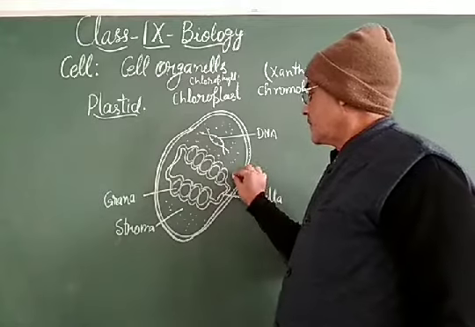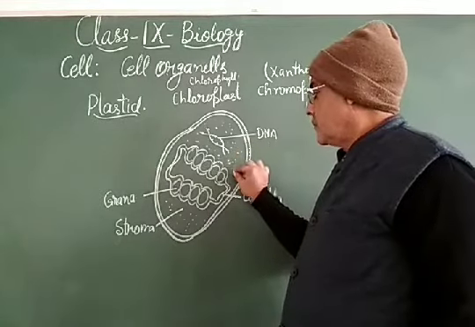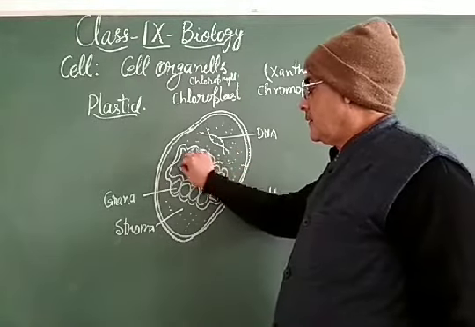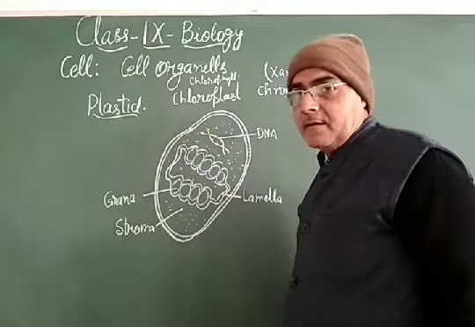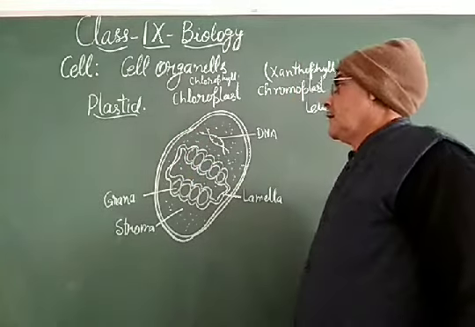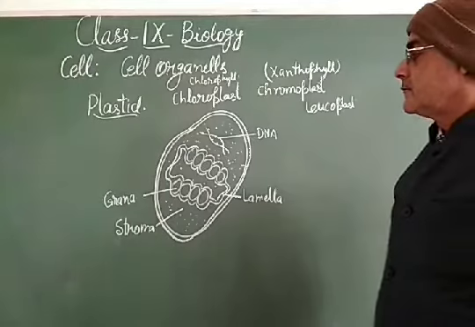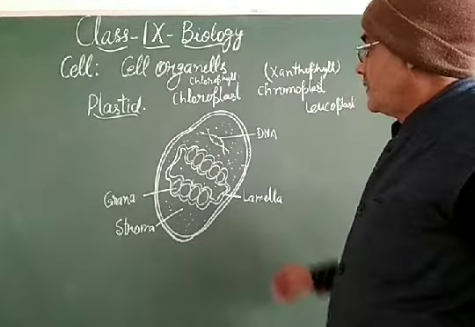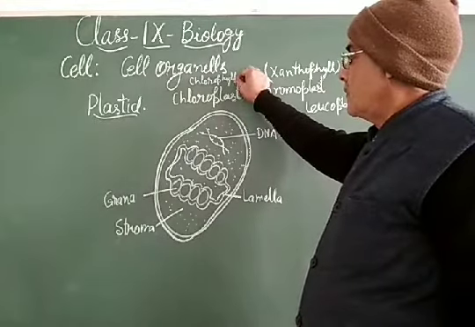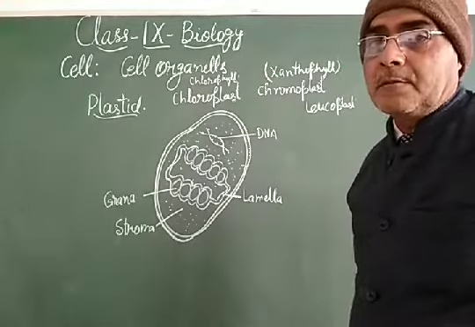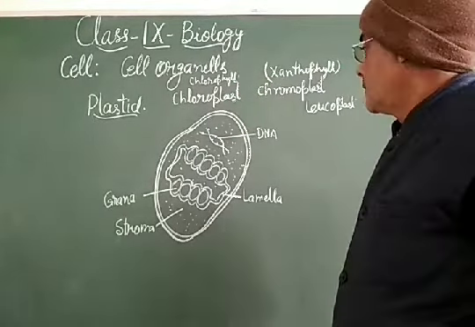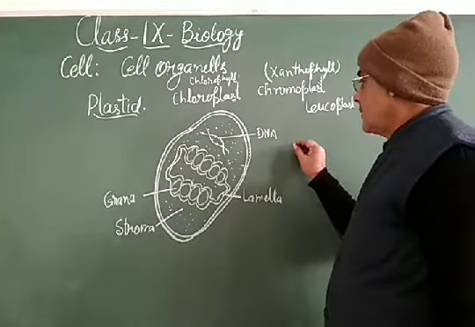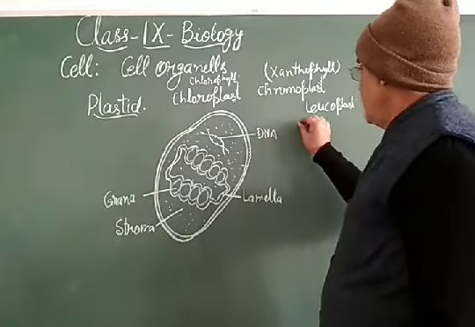And my dear students, the plastid has its own DNA, apart from the DNA that is present in the nucleus of the plant cell. So dear students, this is the structure of the plastid. Plastid means chloroplast, having the chlorophyll, for the purpose of photosynthesis. My dear students, the function of this plastid is